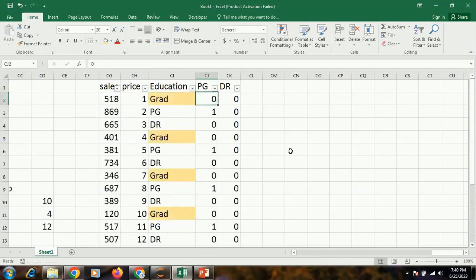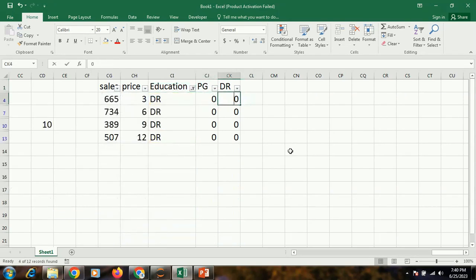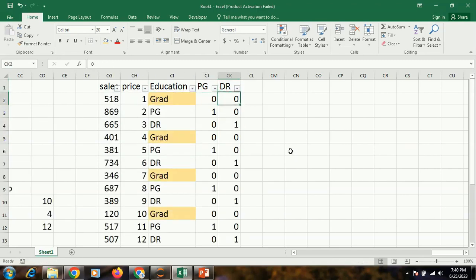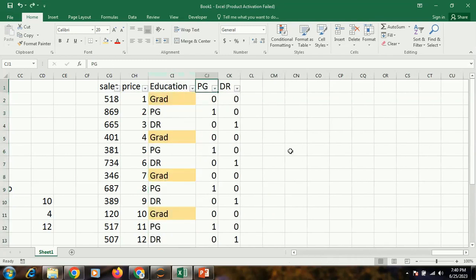Everywhere else 0. For doctorate, wherever in the original column you have doctorate, you put 1. Everywhere else 0. This is how you create a dummy variable, and once it is done, you delete the original variable. Okay, and this is how we are going to put these 2 variables in our model.